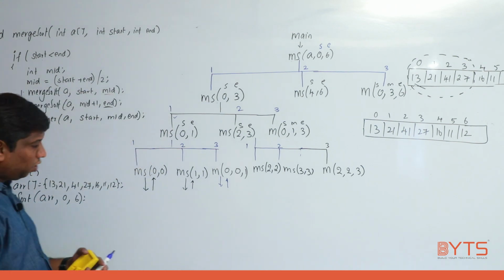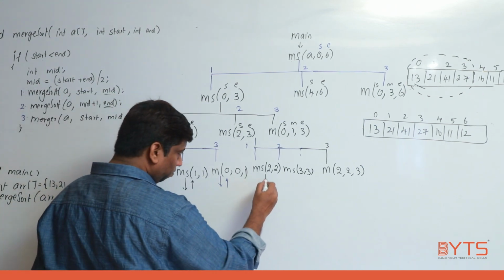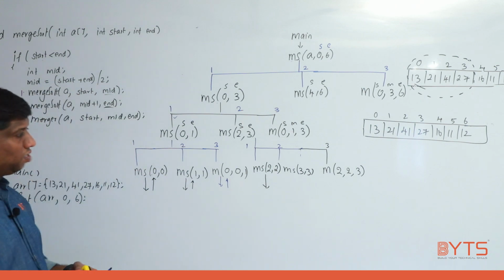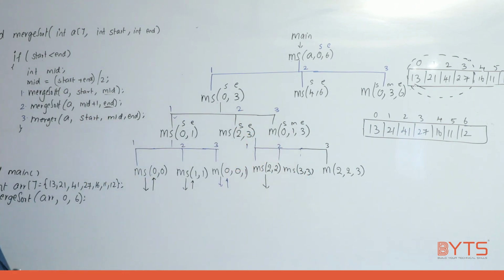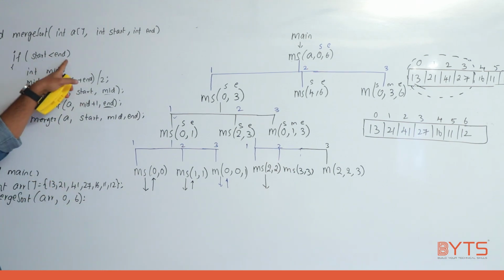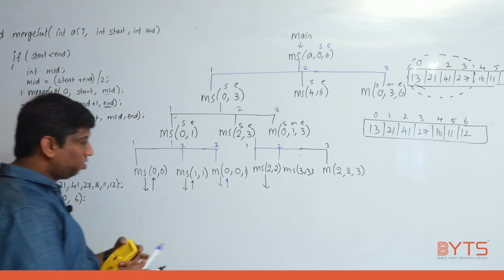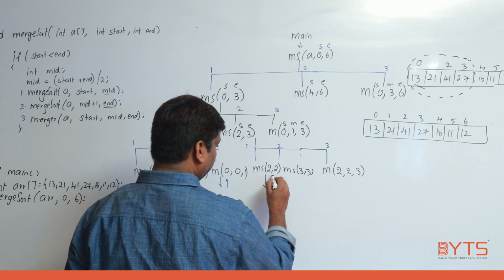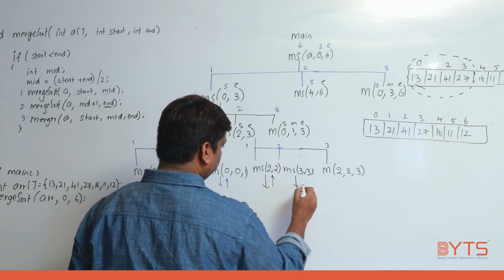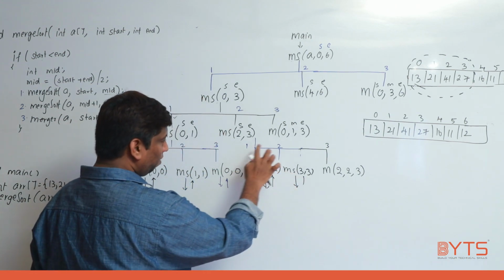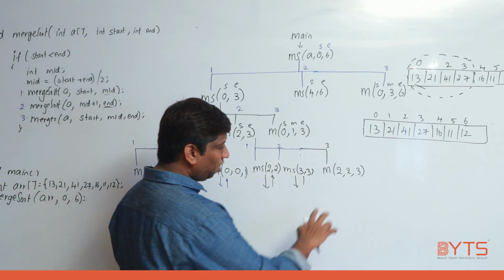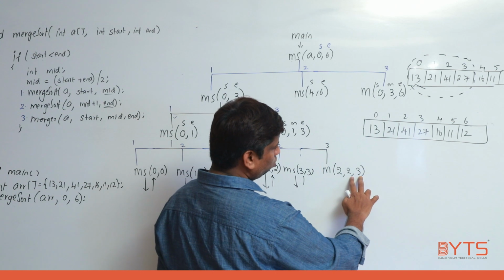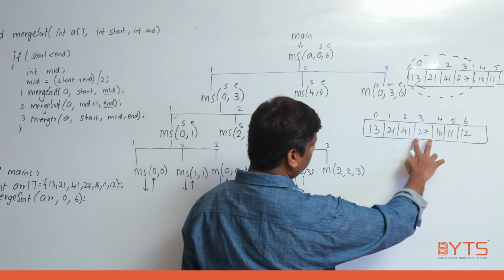Well, now I need to again come here. I came to the merge sort. See, first line, second line, third line completed, then only second line is also completed, right? So 2 less than 2 is false. So recursion is stopped here. Again come, recursion stopped. Now first line completed, second line completed. Now third line I need to execute. Now what third line is telling? 2 is sorted, 3 is also sorted.